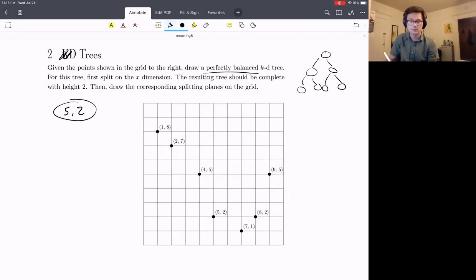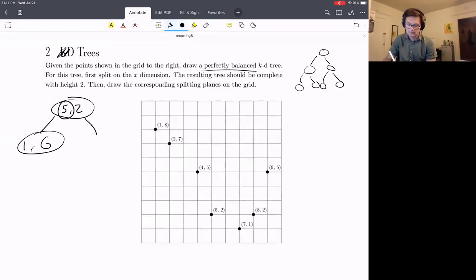And then we are going to split these dimensionally. Everything to the left of 5 is going to have an X value of less than 5, and everything to the right is going to have an X value of greater than 5. Why the X value? Because we can't compare on both values at the same time, right? That wouldn't work. So we just have to pick one arbitrarily and then we alternate. So you might end up with something like 1, 6 over here. And then the left child